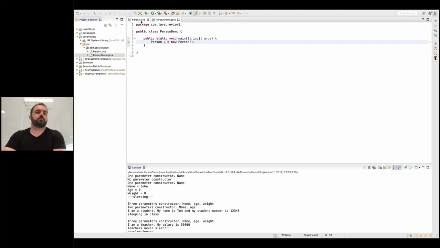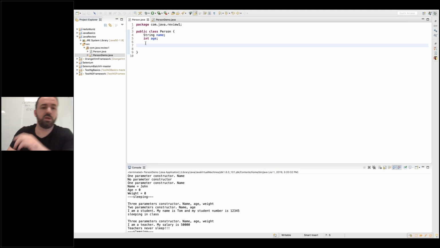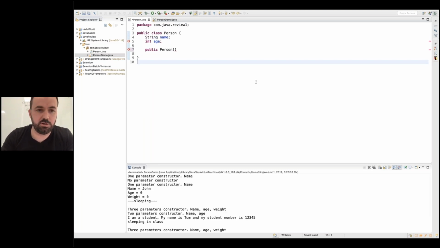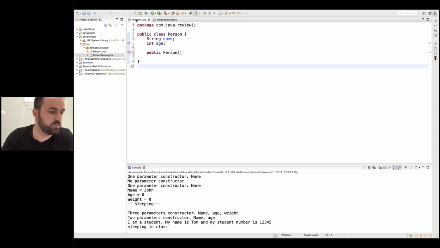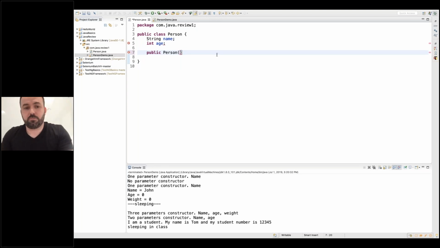And then if here on the person class, let's say we want to declare a constructor. So we say public, and then the constructor is a special method, where the name of the method is the same as the name of the class, okay? Person. Yes, same name. Let me enlarge the font so that you can see. Is this one better now? Yes, okay. So we say public person, and then